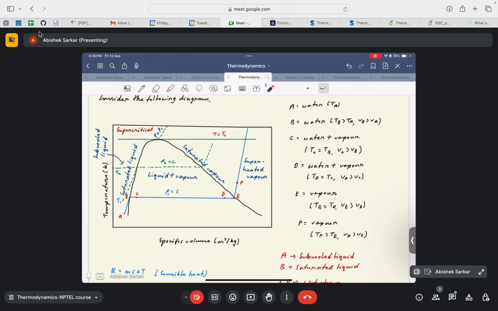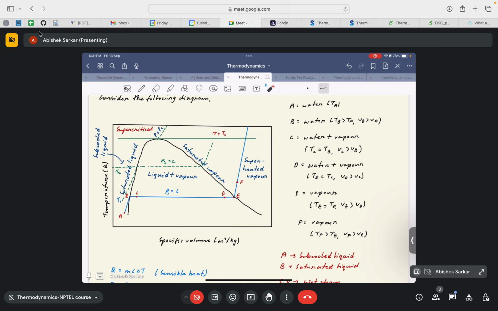Okay. And regarding the steepness or the shallowness of this curve, it is primarily because the change in volume because of the change in pressure or temperature is much more discernible in the vapor state compared to the liquid state. That's why we have a very steep slope, a very slight change in the specific volume with a change in temperature or pressure in the case of liquid, or the saturation liquid line. But we have a very clearly observable change in the volume of the vapor, because of the interplay between the change in pressure and temperature, and thus we have a very shallow curve